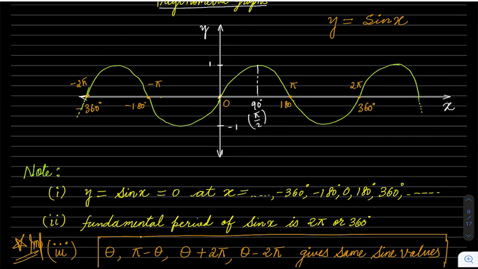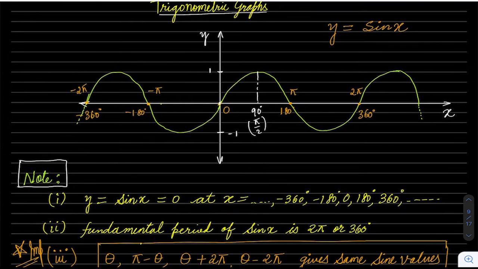I mean, we can talk about this in detail also, but I think it's pretty clear. You can easily remember this graph. So this is the sine curve. Now, what are the important things, the key points in this graph that we have to remember? The first point is when it is 0.